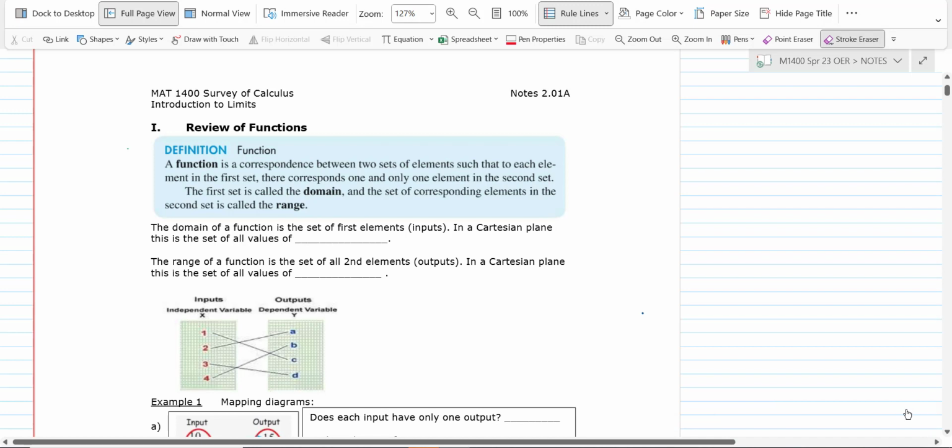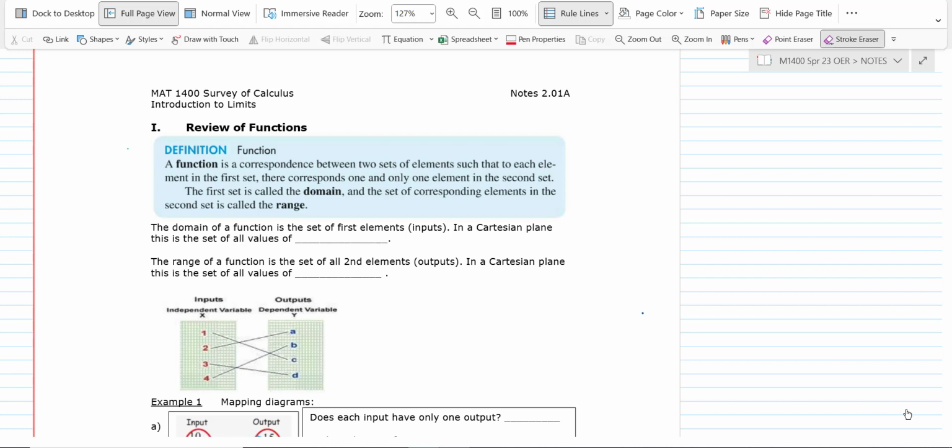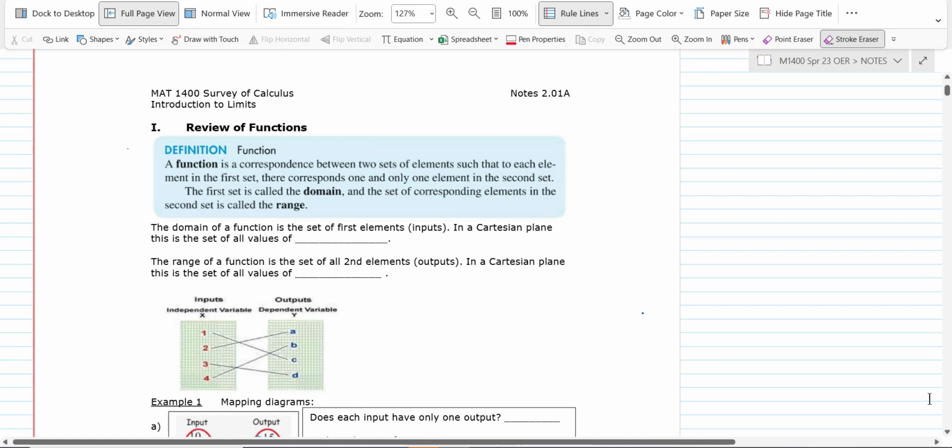Greetings, students. We're going to start with section 2.01a, and I break this section down into 4 different parts. The first video is just going to be a review of material that you would learn in a college algebra class. In calculus, we do so much with functions throughout the semester, we need to make sure we know what